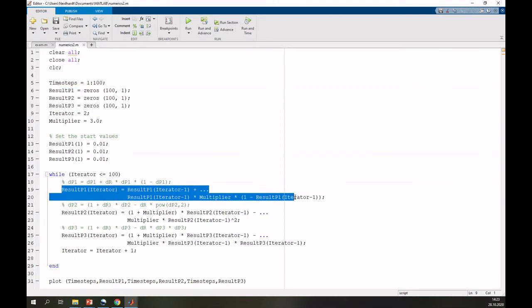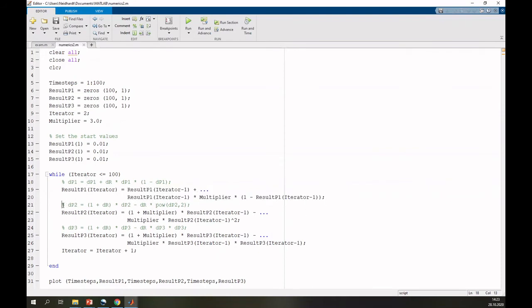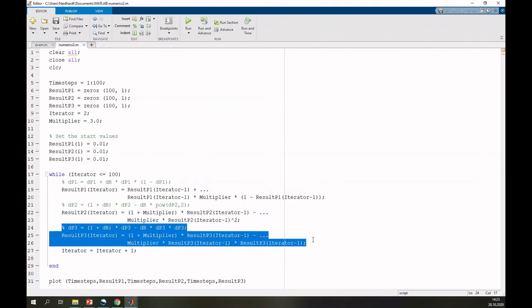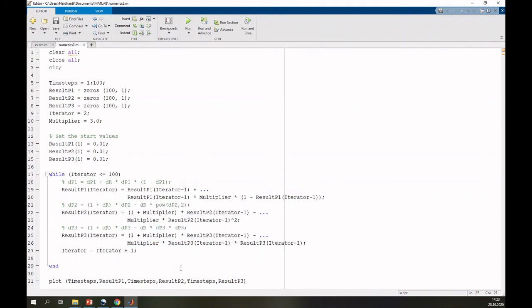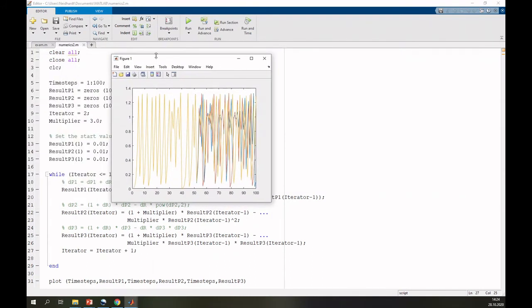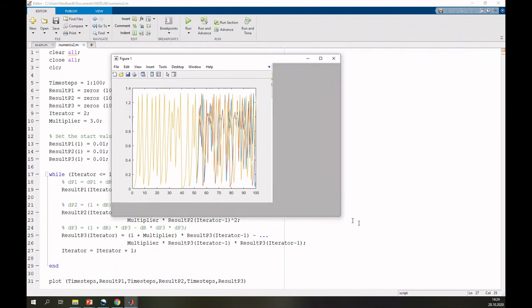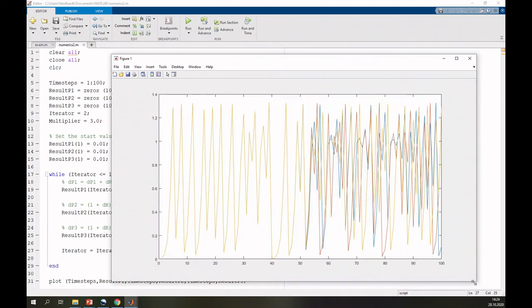And this is the first equation, so this one. This is the second equation, and this is the third equation. So we do iterative processes, and then we plot the results. So let us run the program. If we run the program, we will get these results, and it looks quite similar to what we saw